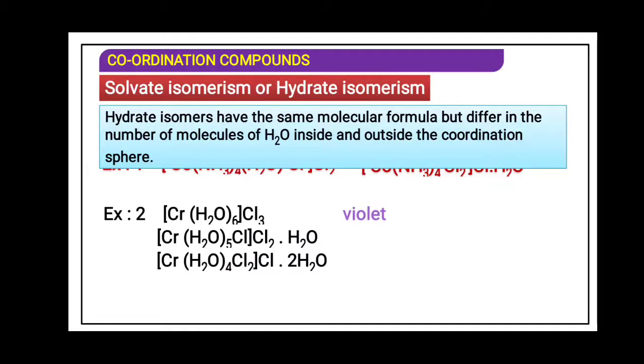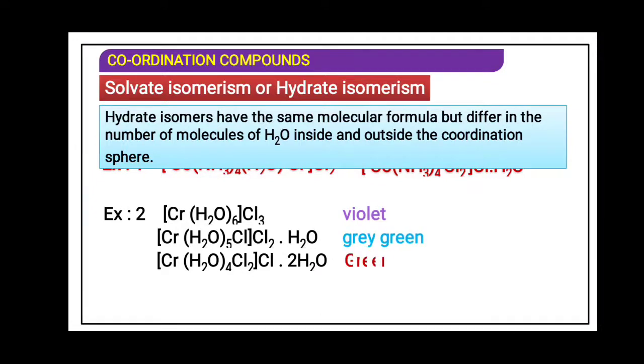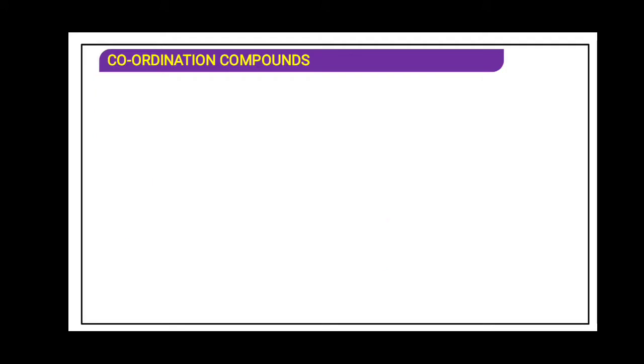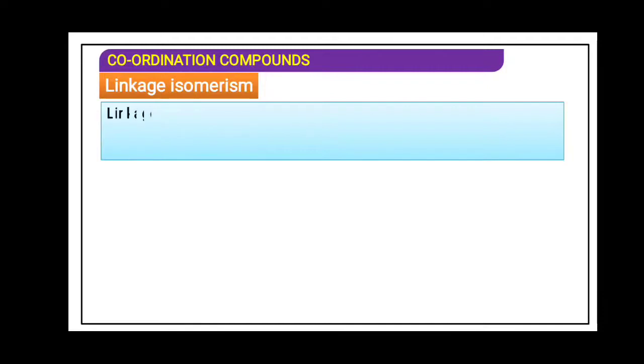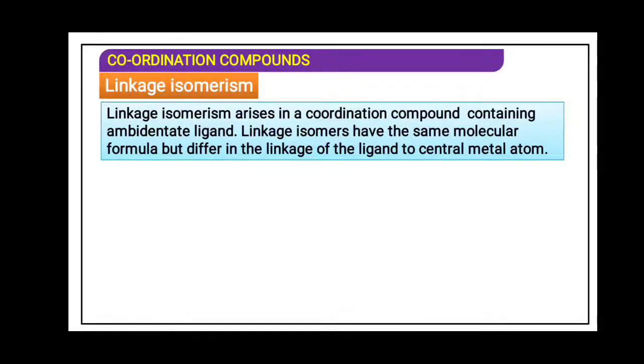Another example, this will show you a different color. Linkage isomerism. When the ligands are linked to the central metal atom, we have to see the bonding with the central metal atom. Say for example, in ambidentate ligand, what happened? There is a ligand present with more than one donor atom, but at one time one donor atom is